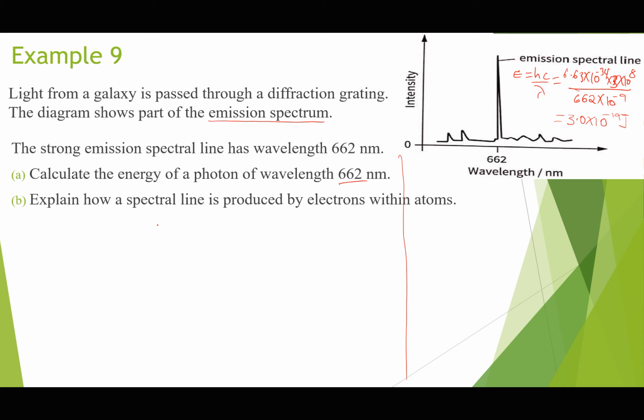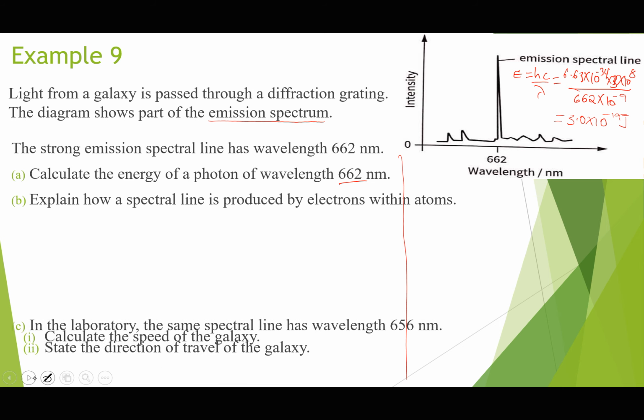If it is absorption, the electron absorbs a photon. This is normally in cooler layers of gases. So an electron absorbs a photon in cooler layers of hydrogen and makes an upward transition, or a transition to a higher energy level. For emission, the electron emits the photon and moves to a lower energy level. That is what we call de-excitation in quantum physics. Okay, so I've explained how it is formed. That one I will not repeat.